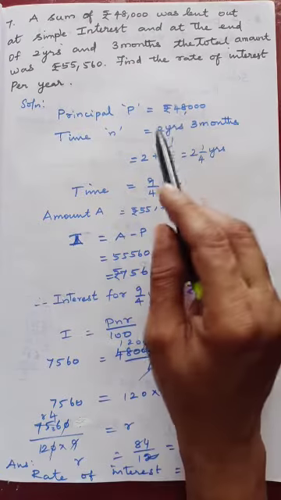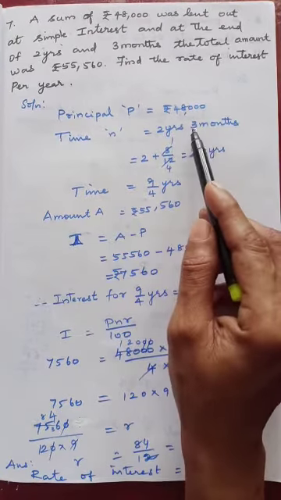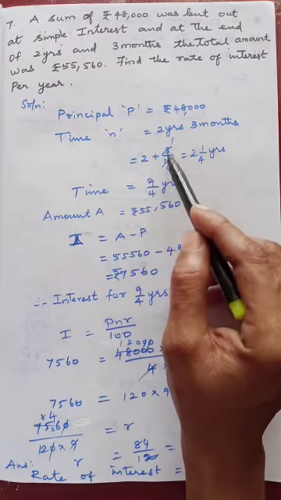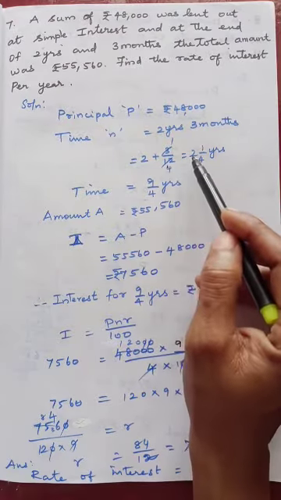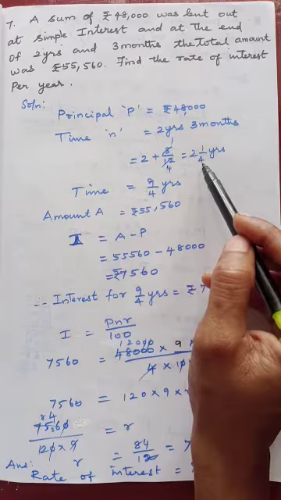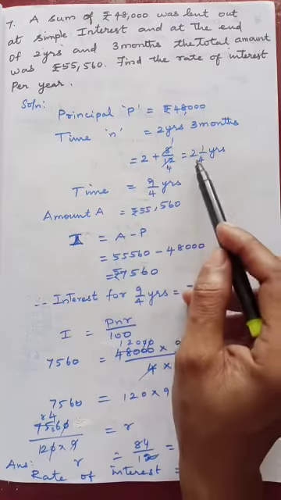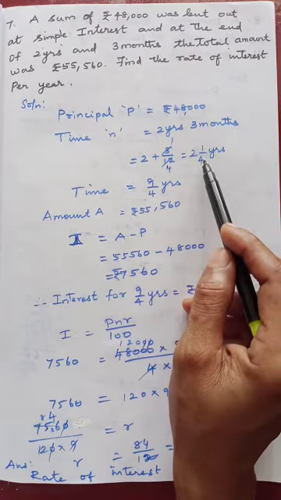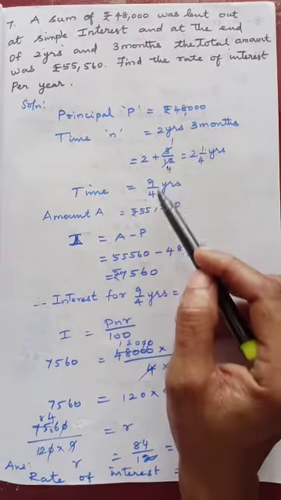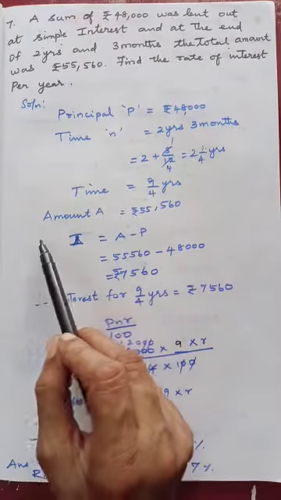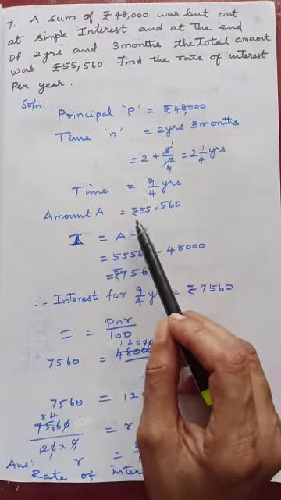So you have to change the 3 months to years. So 2 years plus 3 by 12. It is 2 1 by 4. Okay. Then you change this to improper fraction. 4 twos are 8. 8 plus 1, 9 by 4 years. So amount A is equal to rupees